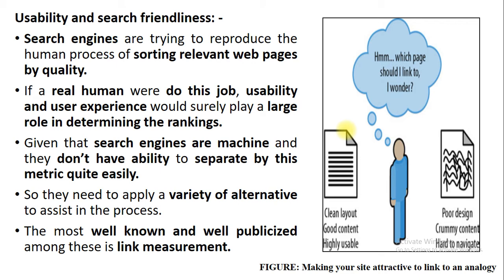to reproduce such human processes like sorting. See, when you fire a particular keyword in the search box, at that time there are lots of pages which are relevant to the particular keyword. So what is the functionality, or what are the roles performed by the search engine? They need to arrange those web pages which are available for the particular keyword. So now the question is, in what order is the search engine going to sort those pages?